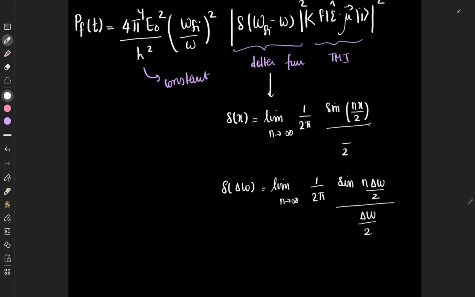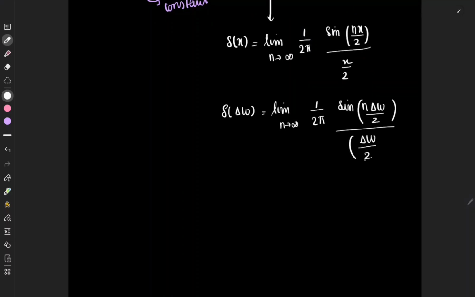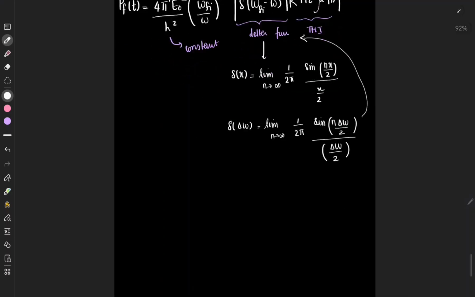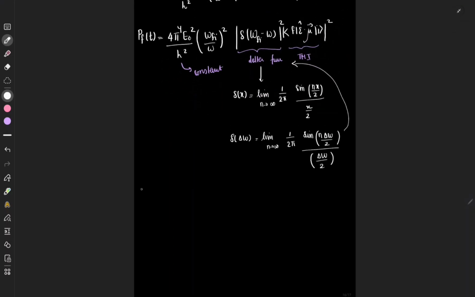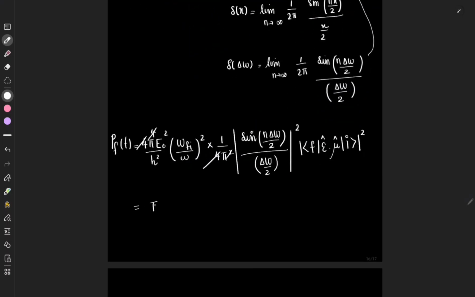Okay, I guess this is not n, this is x. Okay, fine. So now what you have to do is just substitute this back into that equation. Instead of that del omega, omega phi minus omega, you have to write this formula. So you'll get P f of t is equal to the rest of the terms. You have to rewrite it. Okay. So it was a square term, so you just have to square it and cancel the terms which are repeating. So you'll get it as pi square e naught square by h square omega fi divided by omega the